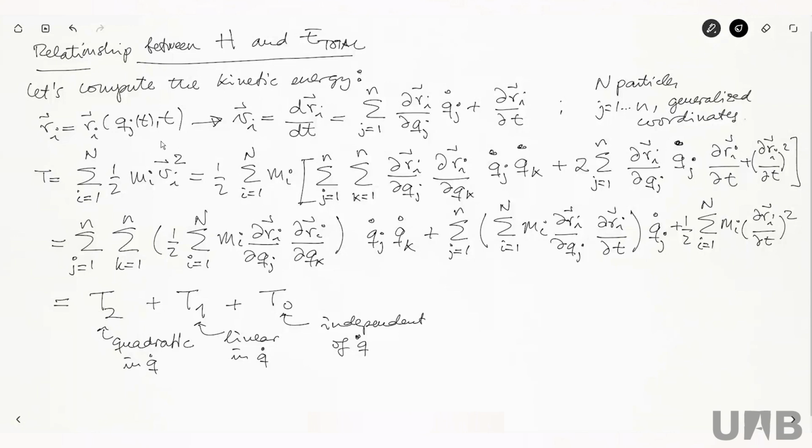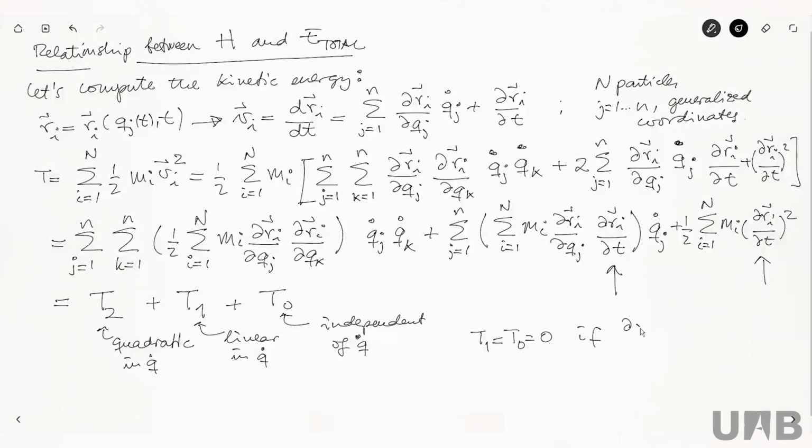That would mean the position vectors would not depend explicitly on time. But then this derivative is 0, so this and this would be 0. So T1 equals T0 equals 0, which is the important thing,